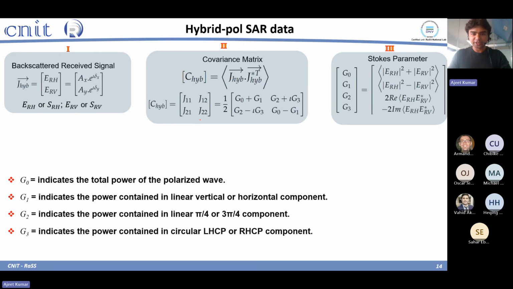We usually convert it into Stokes parameters. That's one of the benefits of working with compact polarimetry, that you can have four real components